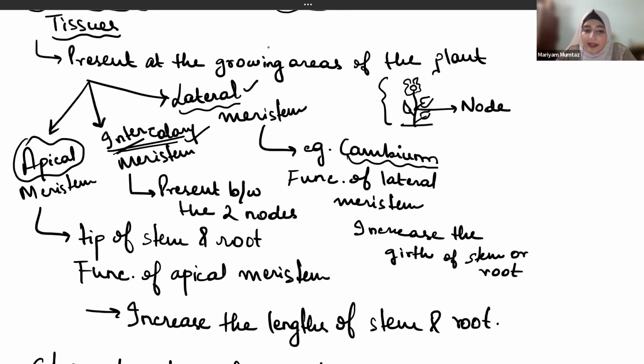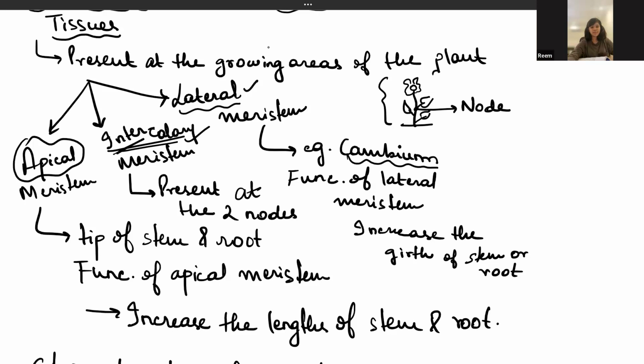The apical meristem is present at the apex. That is why the name is apical. The lateral meristem has a sideways position, a side position. That is why the name lateral meristem is given. So each and every single meristem is named according to the position it is present. Is it clear? Yes, ma'am. It's clear.